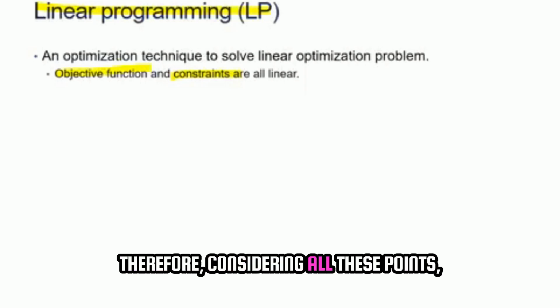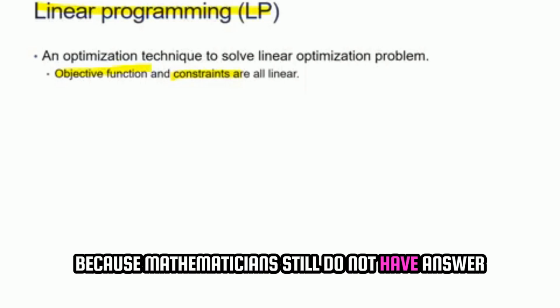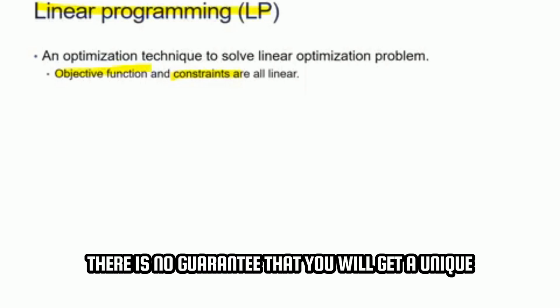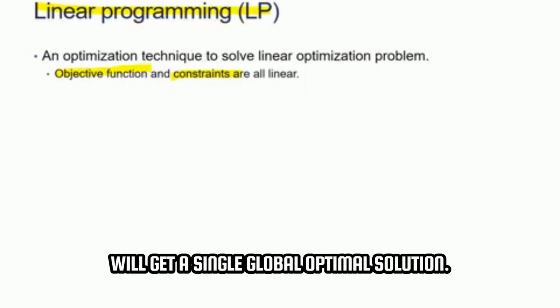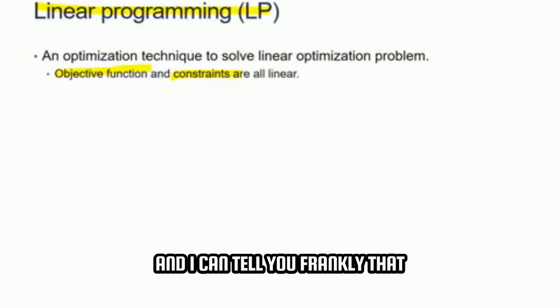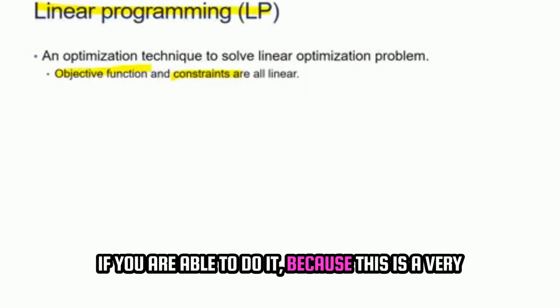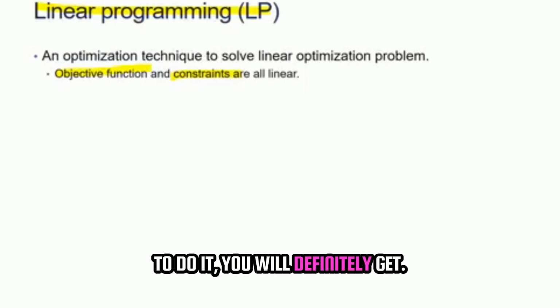Therefore, considering all these points, linear programming still makes a big sense, because mathematicians still do not have an answer for the nonlinear optimization problem. There is no guarantee that you will get a unique solution, or that you will get a single global optimal solution. There is no method yet. So we are still lagging behind in those areas, and I can tell you frankly that this is a very big research problem, and if you are able to solve it, you will definitely get